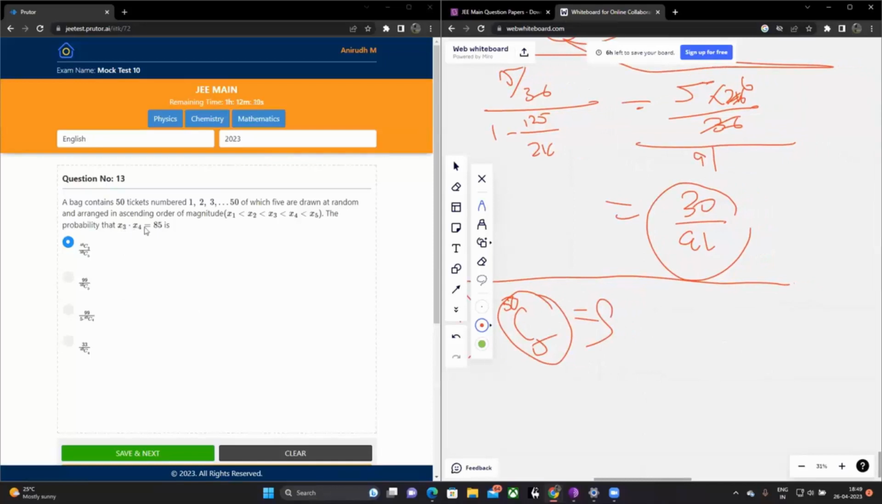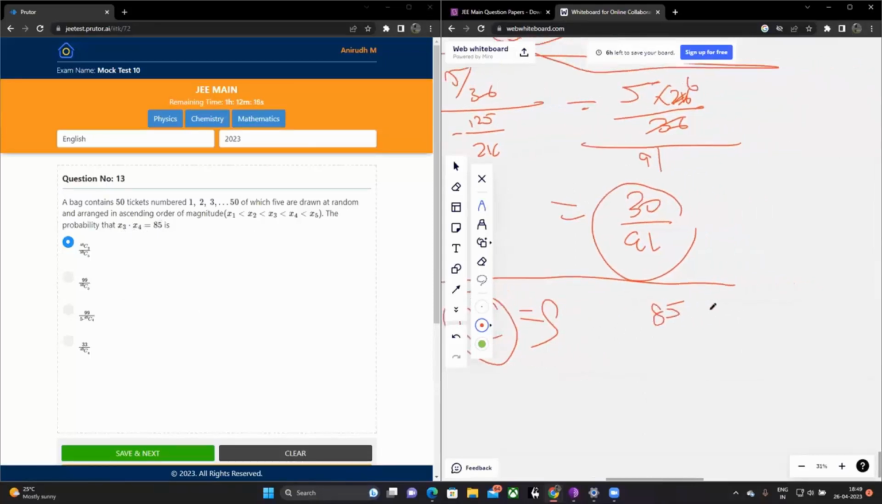The probability that x3 into x4 is 85 is basically the probability that you have 17 and 5 in your cards, right? This basically 85 is 17 into 5, right? And so you have the constraint that x3 is 5, x4 is 17, right? This is x3, this is x4,